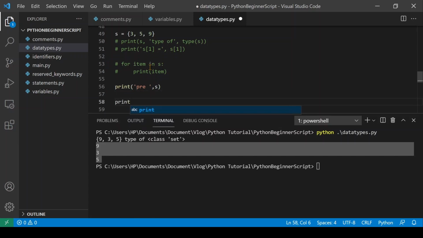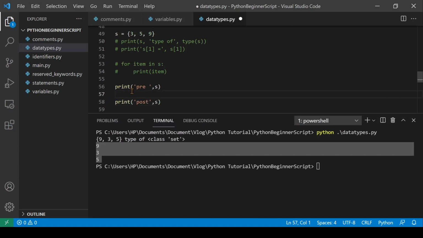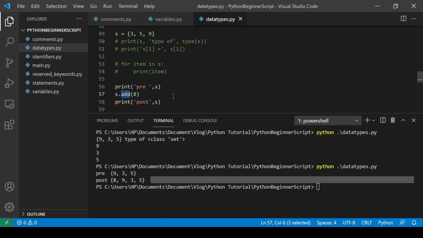Let's check how to add or remove an element. Now print the set before and after adding or removing an element. To add an element to the set s, you have to write s.add and the element you want to add.